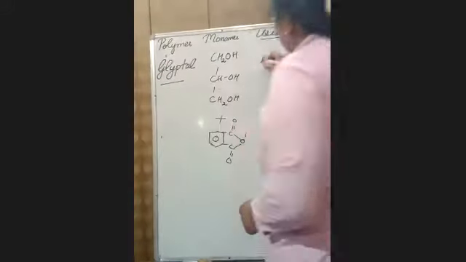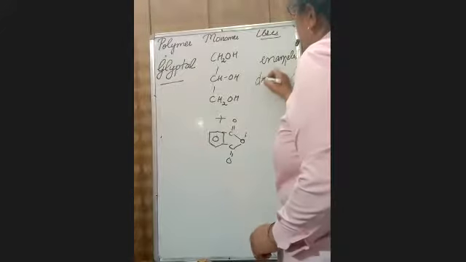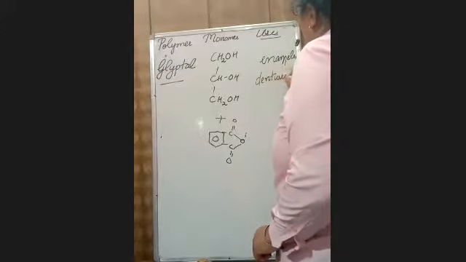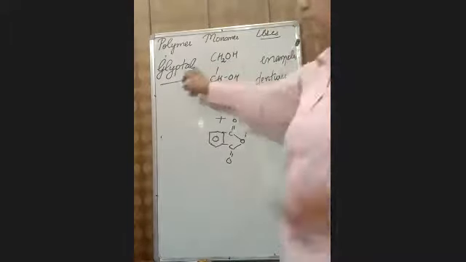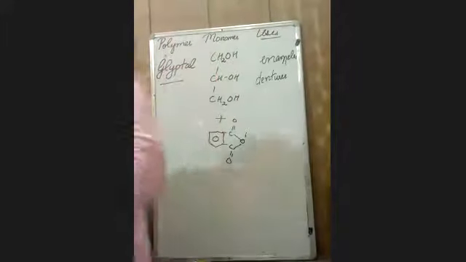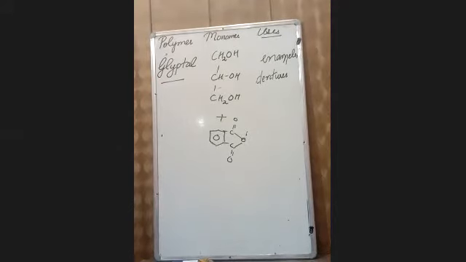Now, it is very rigid, used to make enamels. Enamels means related to paints, and dentures. If somebody's tooth breaks, they will make dentures. Dentures are made up of material like glyptal, or lacquers or paints. Up to glyptal we have discussed. The rest we will discuss in the next class.